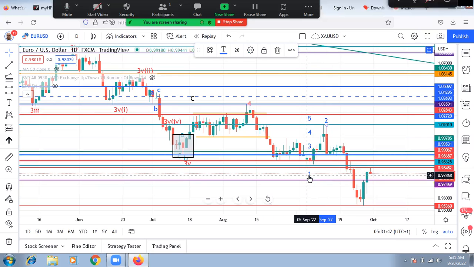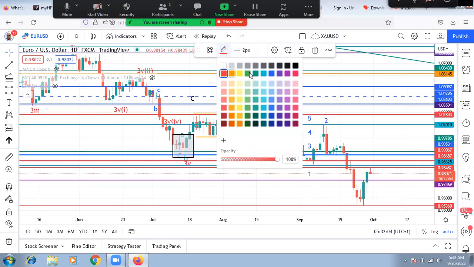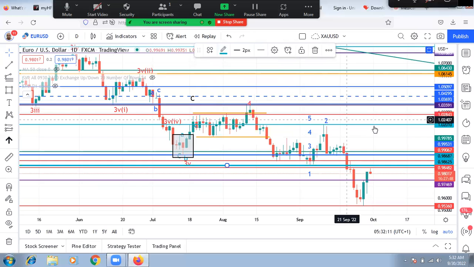And at this point, if I may, I'll change this to a blue here. Okay, let me change it to a deep blue. What do I change it to? Let me change it to this kind of blue here. Yeah, let me change it to that kind of blue there. So